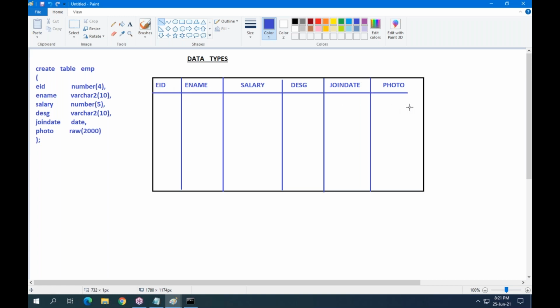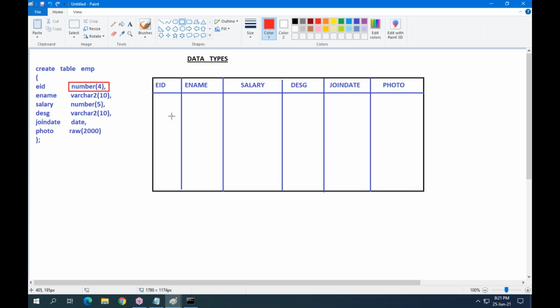Okay. Now, what is the use of each data type? Each data type represents the type of data allowed into a table. Here, into the employee ID column, only number type data is valid.